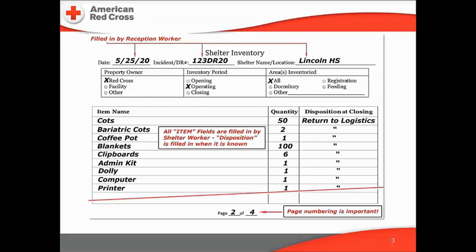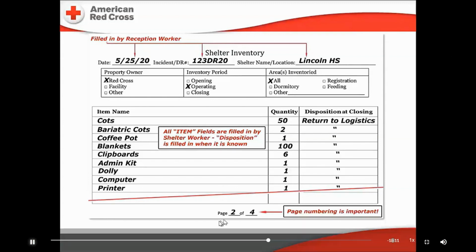This is the shelter inventory form. We've removed blank lines in the middle of the page at the red line. At the top of the form, we write the date of this inventory, the disaster response number, and the name of the shelter. The staffer conducting the inventory fills in this information. The top box represents the parameters of this specific inventory: whose equipment and supplies we're counting, when we're doing the counting,